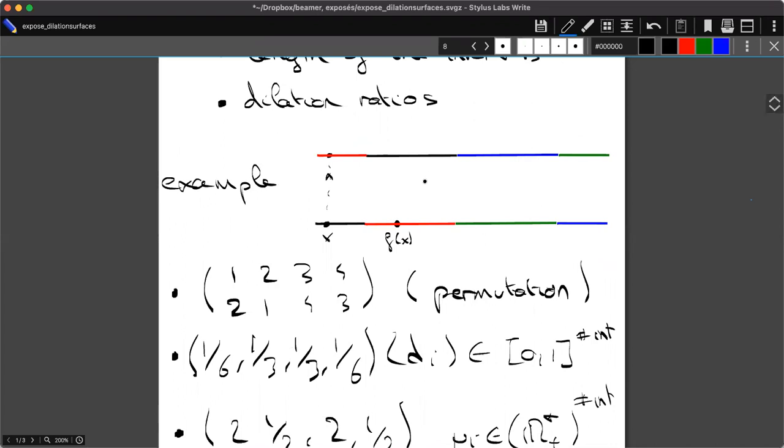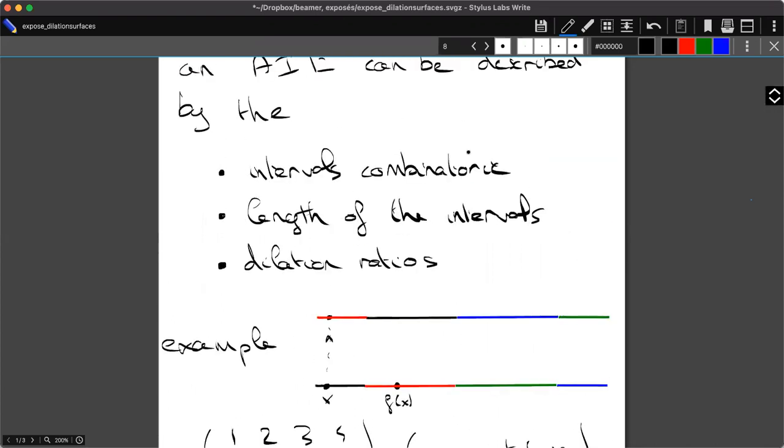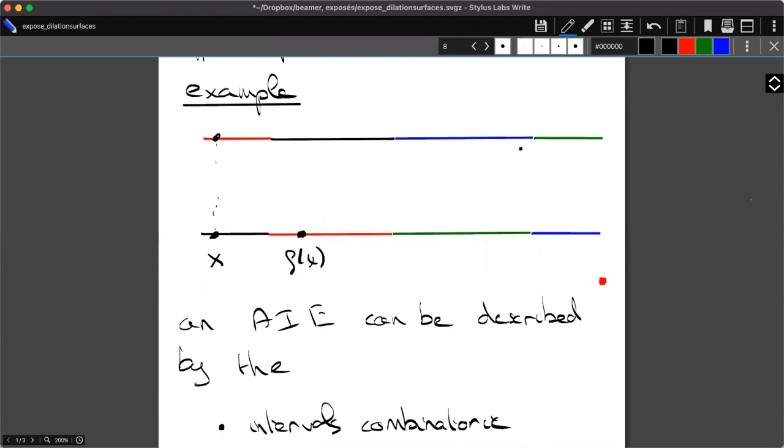Okay. Yes, it's clear. Do you assume that the partition at the top and at the bottom is the same? What do you mean by the partition? Okay, the length of the first interval on the top and on the bottom is the same. Sorry, no, I do not. This example is a bit too particular actually, but I do not require anything on the length of the intervals. They do not have to match exactly. No, you can take whatever you want. Okay. But the space is the same.